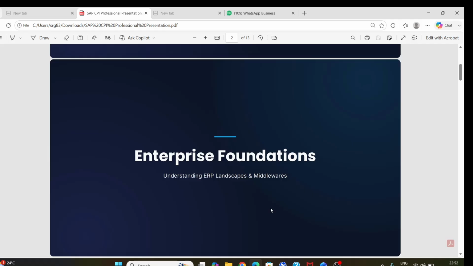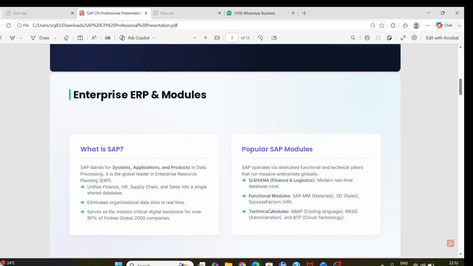They use massive complex software ecosystems called ERPs to manage billion-dollar supply chains, thousands of employees and global finance ledgers. Let's look at the king of this space in our next slide, SAP.